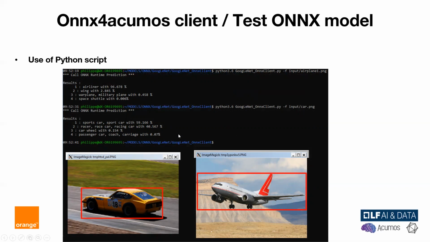As you can see here, I use it with Python 3.6. I put as an input some images, airplane, car, and we can see that we have some results from GoogleNet model with a level of confidence for each of the results.